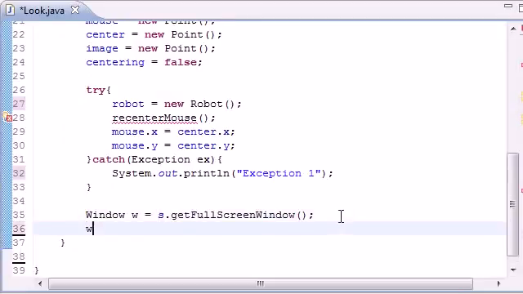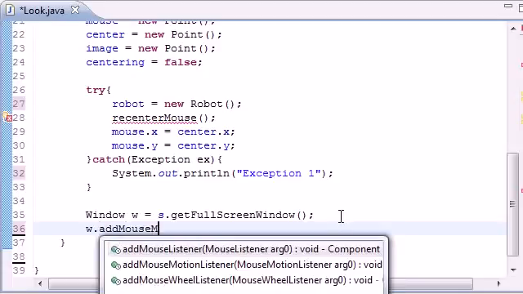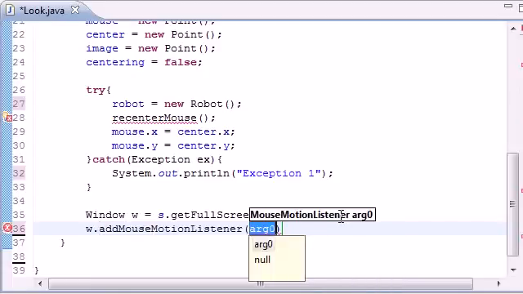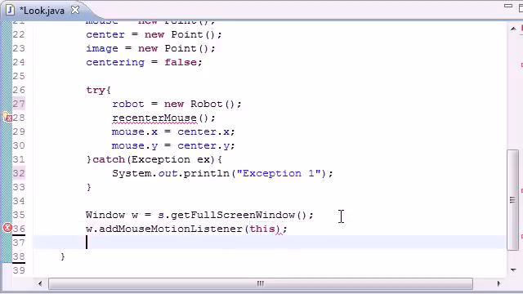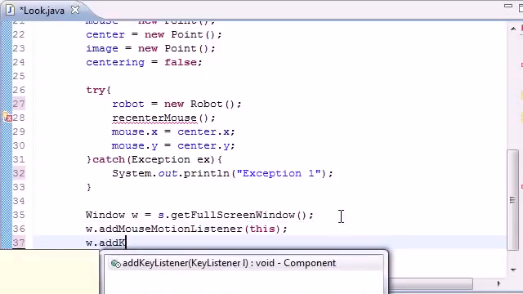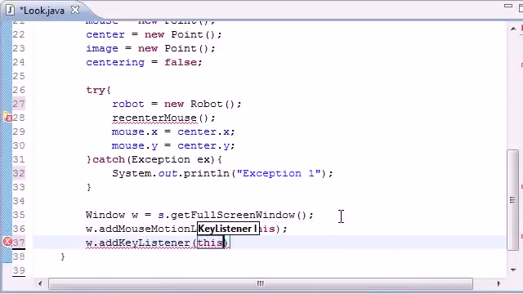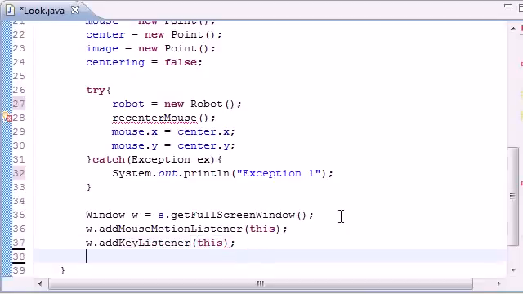Now we need to go ahead and add the mouse motion listener, and it's just going to be this, which is the window, and window.addKeyListener, and that's going to be this as well, which is again the window, hasn't changed. Next, set your background equal to new